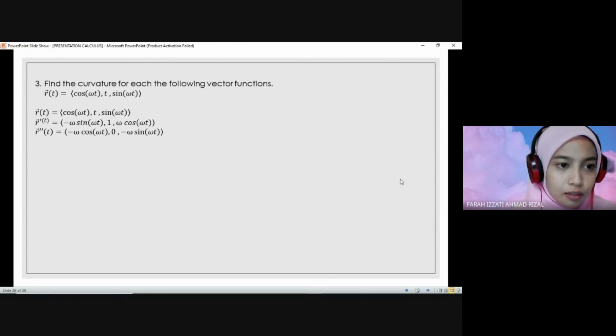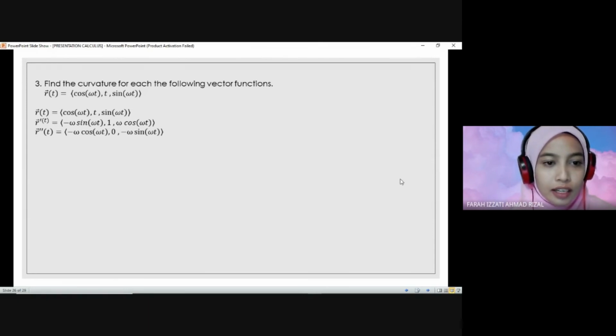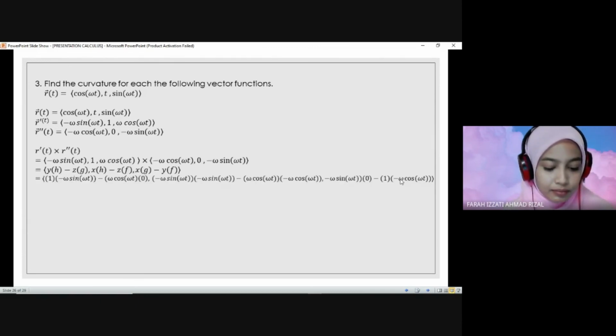Then for the second derivative, we get negative omega cos omega t, 0, and negative omega sine omega t. Then we use cross product and we substitute the vector into this formula and we get